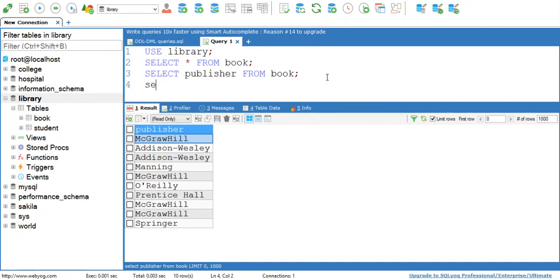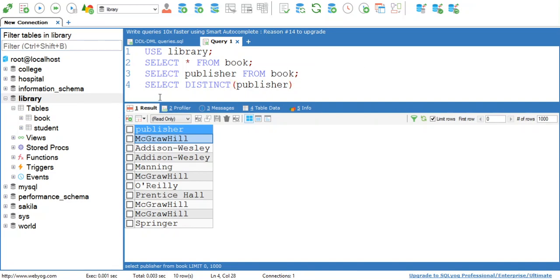Okay, so to minimize this number of rows in the output, we can simply use distinct keyword. Distinct keyword is used to filter your output. If your output consists of multiple data values for the same entity, then by using this distinct keyword we can minimize the output rows, or we can minimize the output values.